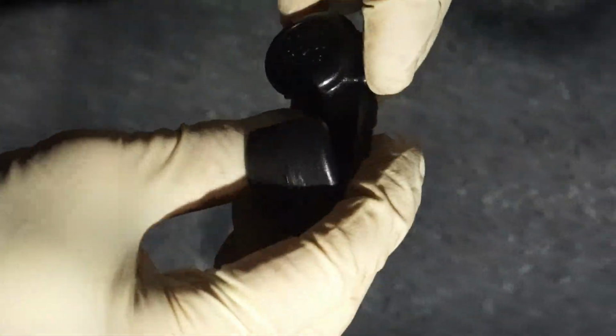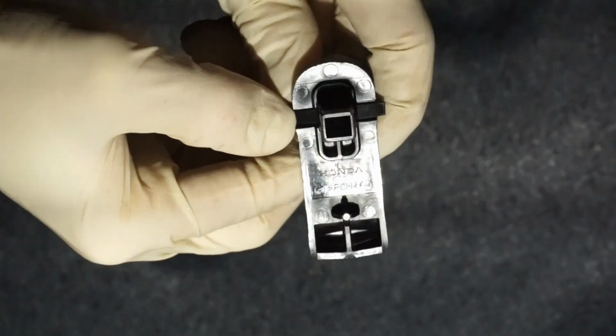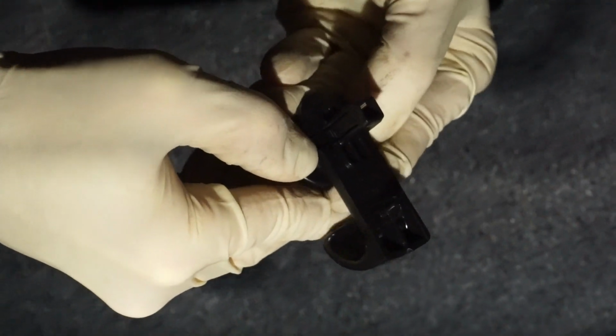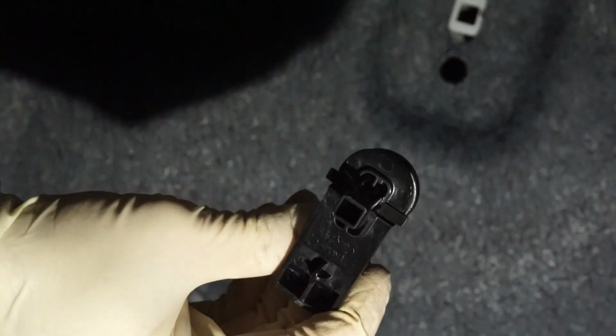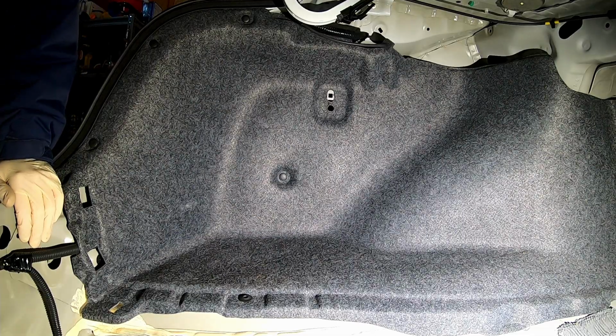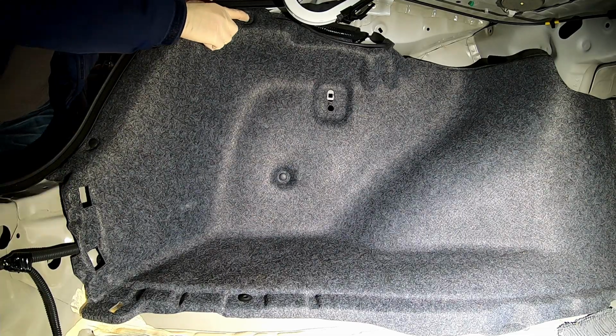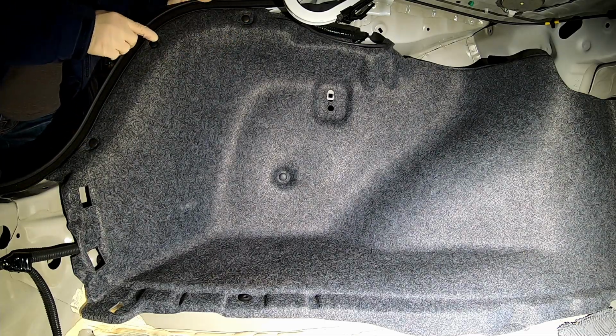So if you see here, on the back side, you can see these guys, and as you squeeze them, they pull the square in so that you can take it out. Now, next step is we're going to remove these, I call them plastic rivets because they're reusable plastic rivets, but